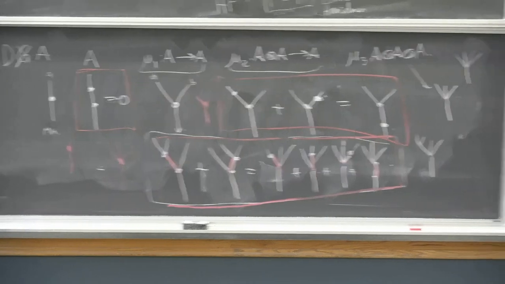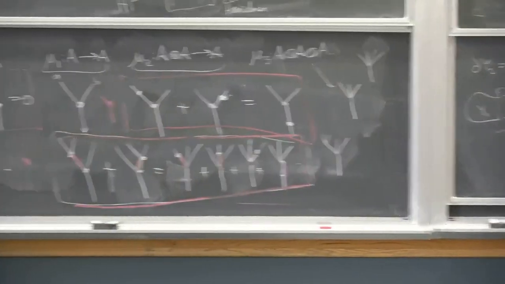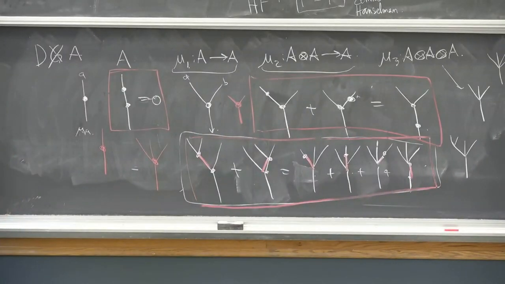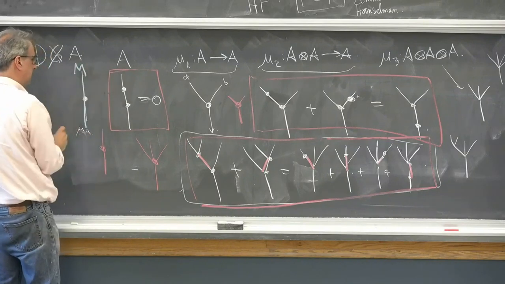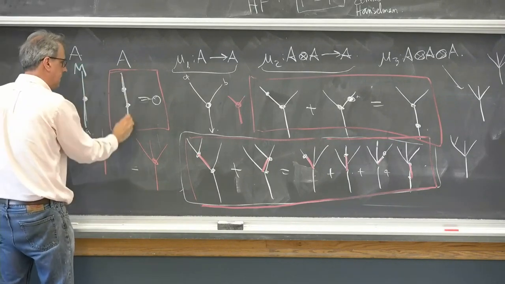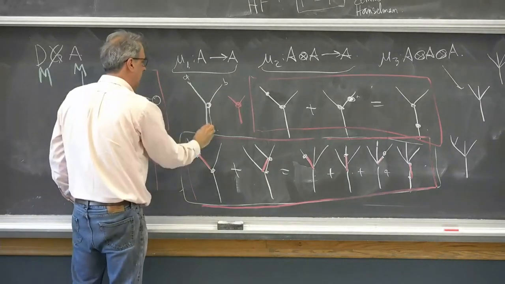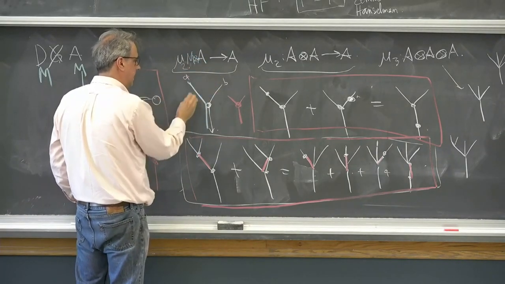One of them is A-infinity modules. An A-infinity module is something that you have over an A-infinity algebra, a module M, which has a differential on it, d squared equals 0. It has an action on it, which is a map from M tensor A into M,